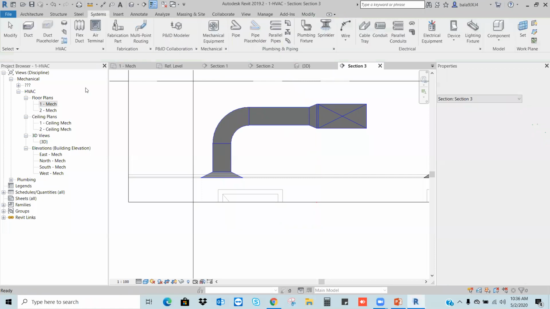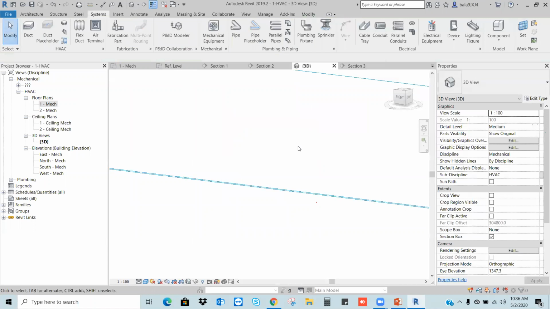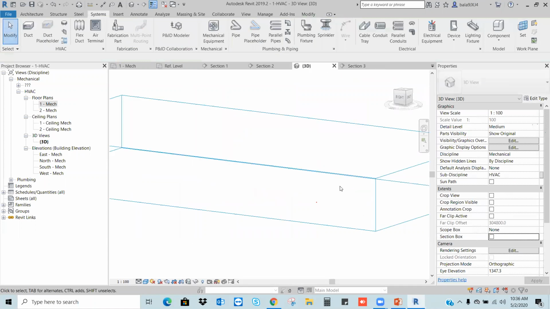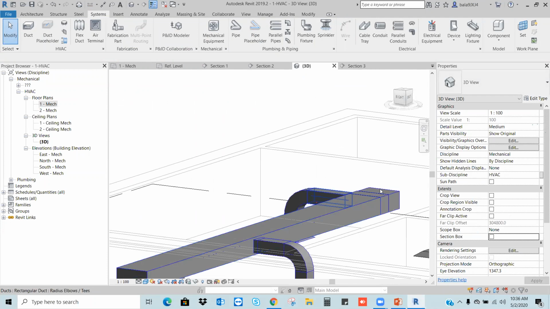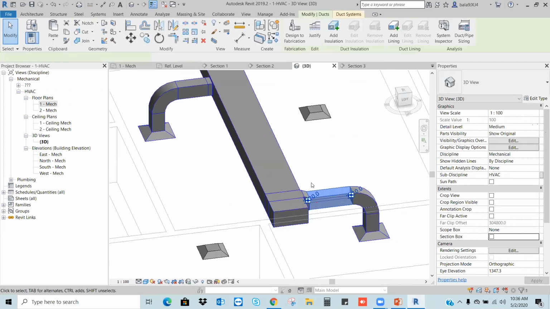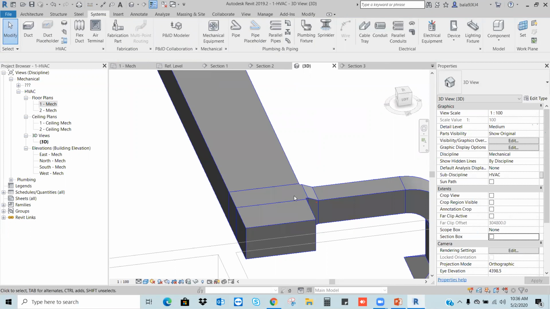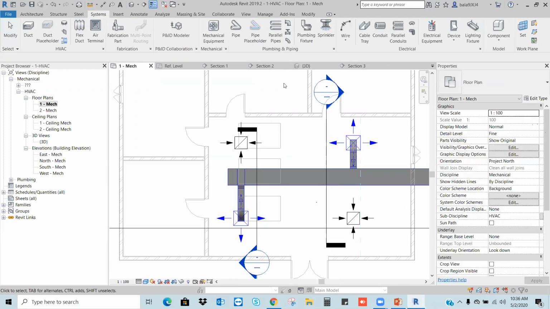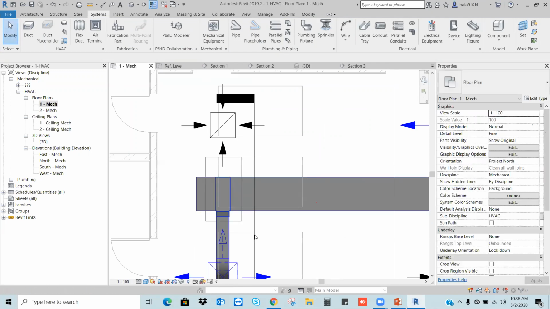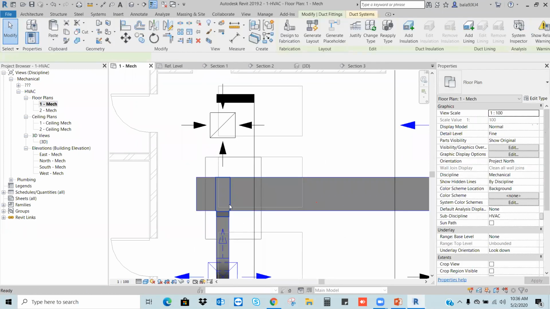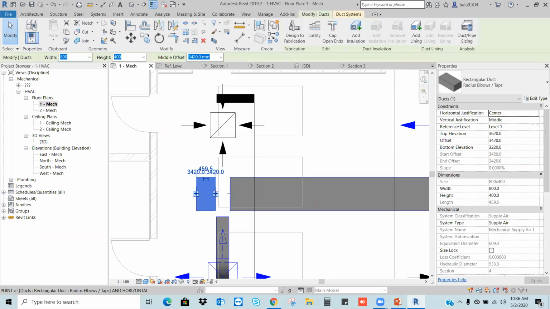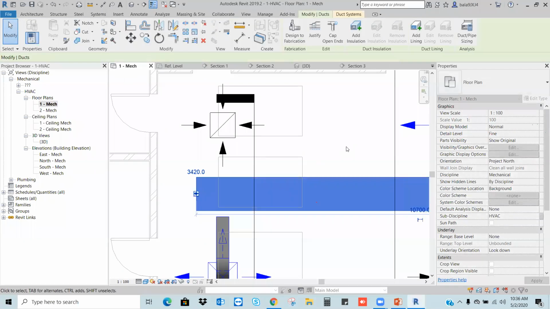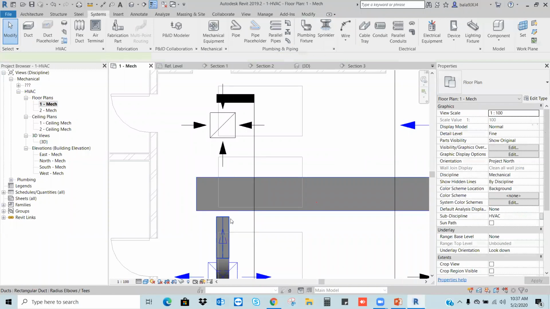Okay, see. Let's see what will happen here. When I connect this duct, I got the T. But since you have a different size, I should maintain the tap, correct? So again, what I do, I will delete this junction. Delete. Okay. So drag and drop. It will connect automatically.